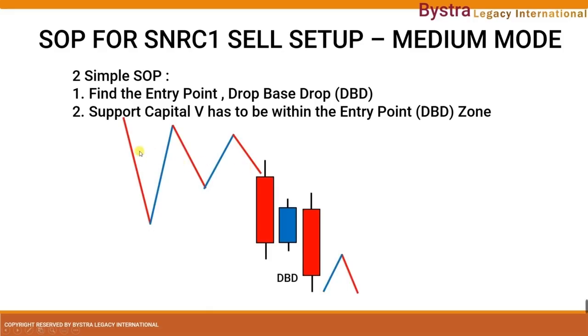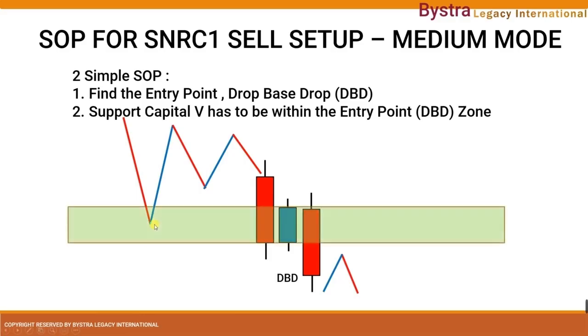So here, as we can see, there is an entry point which is the drop base drop. At the same time, we can see there is a capital letter V support. So first of all, we mark the zone of the entry point, in this case the drop base drop. We mark it so that we can identify that the capital letter V is inside the drop base drop zone. So once we have this, second, we mark the horizontal line at the edge of the support, which